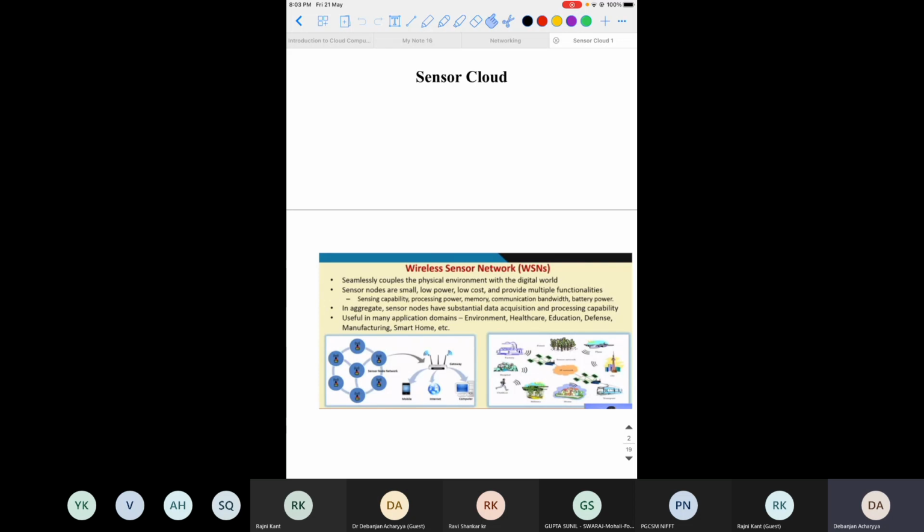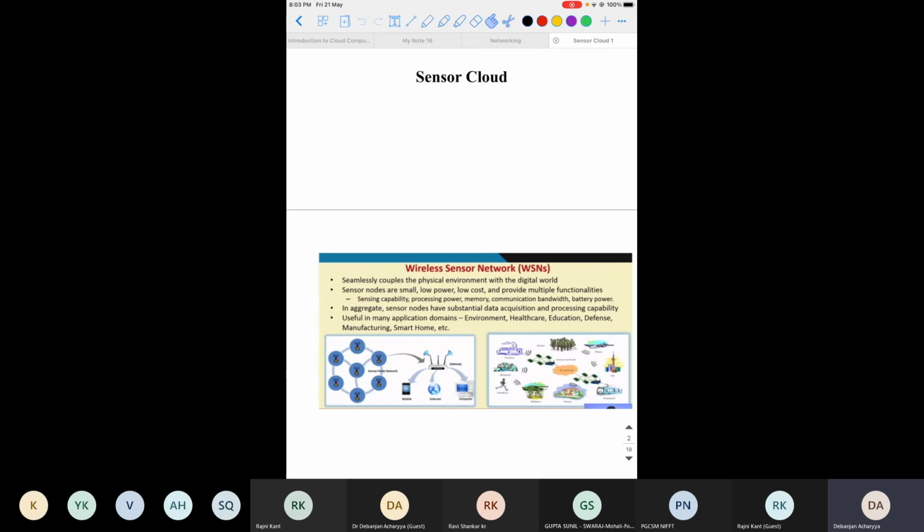Here we have a set of sensors which sense or accumulate information about the environment, that may be the temperature of the furnace or the ambient, or any other defined physical parameter.